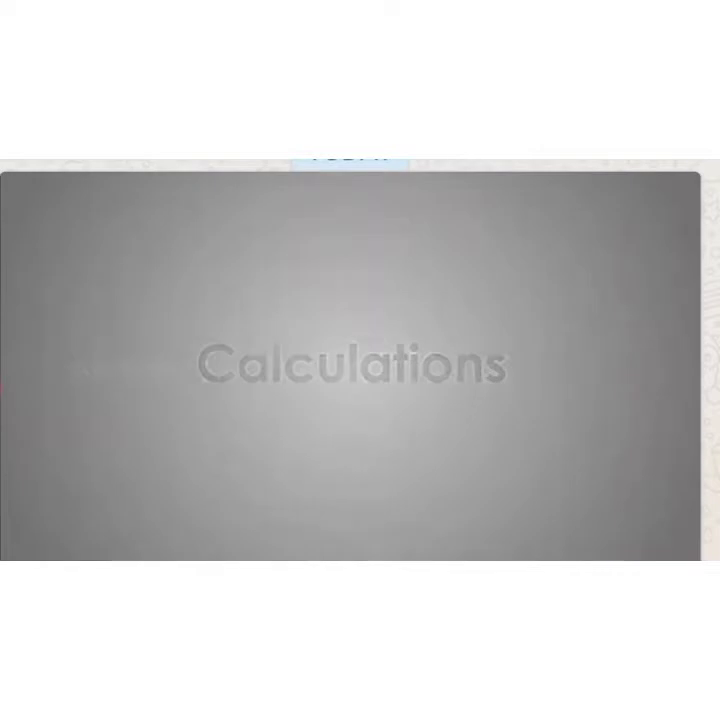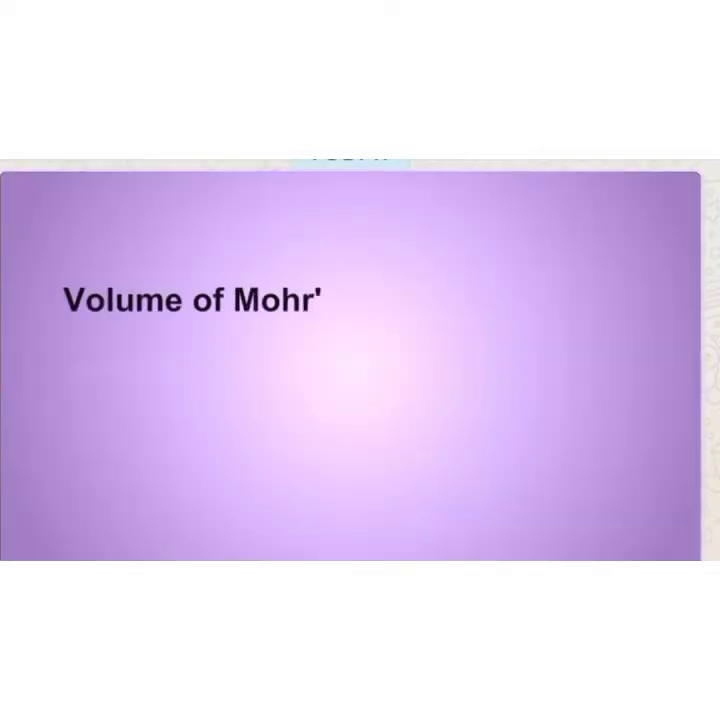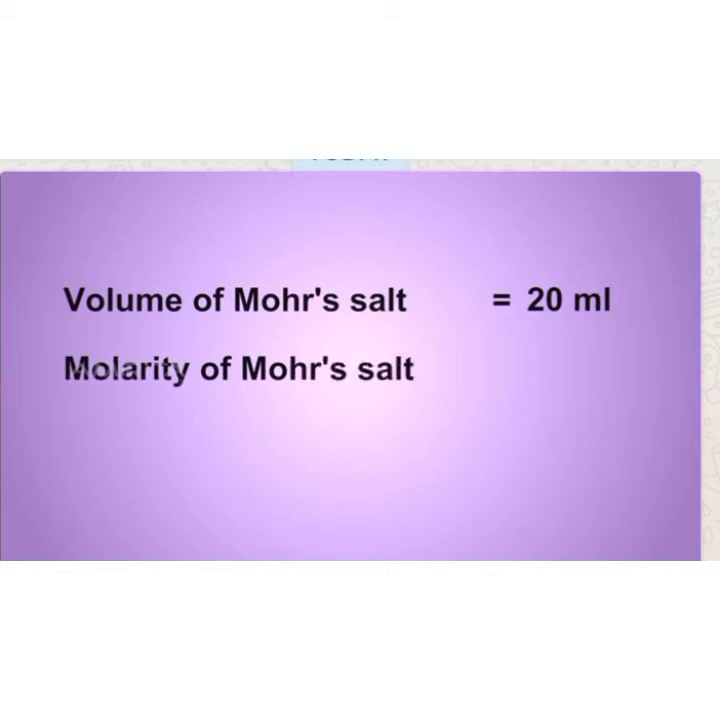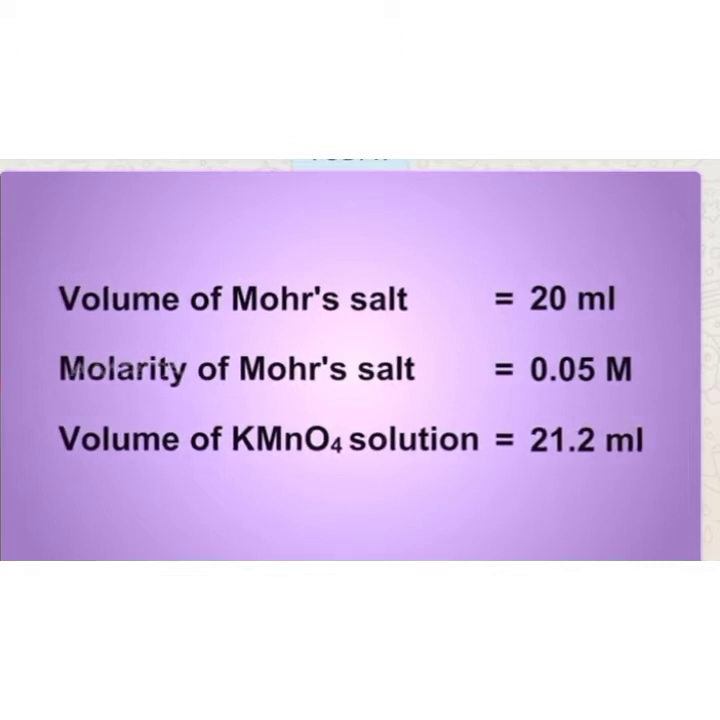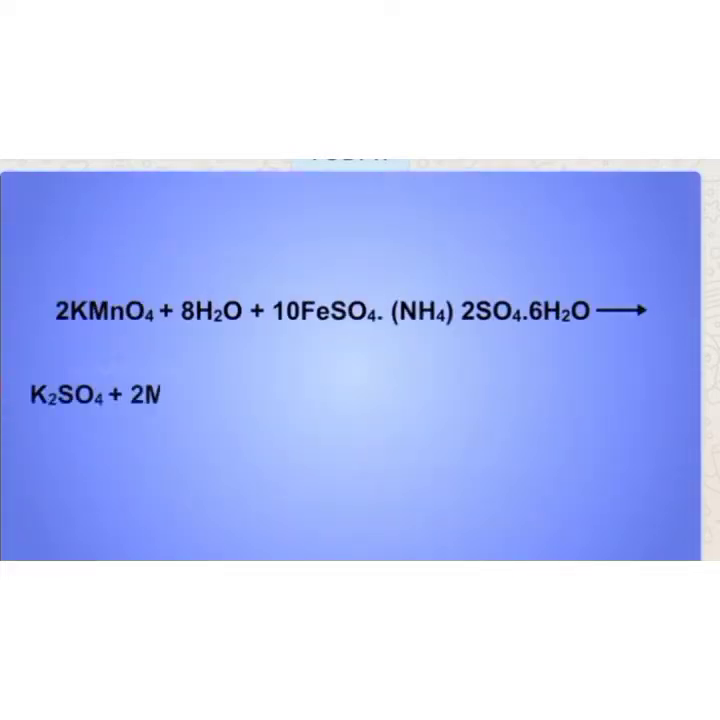Calculations. Volume of Mohr's salt is 20 ml. Molarity of Mohr's salt is 0.05 molar. Volume of potassium permanganate solution is 21.2 ml. The reaction between KMnO4 and Mohr's salt is...